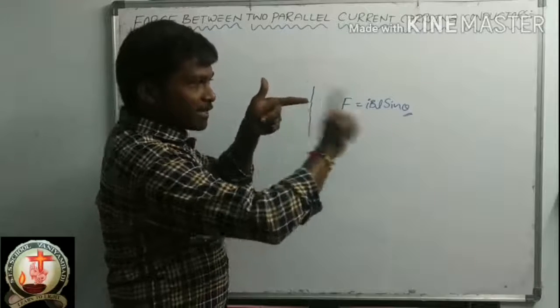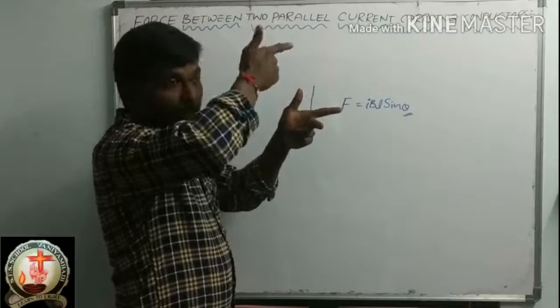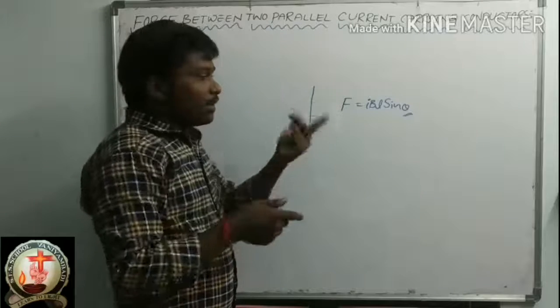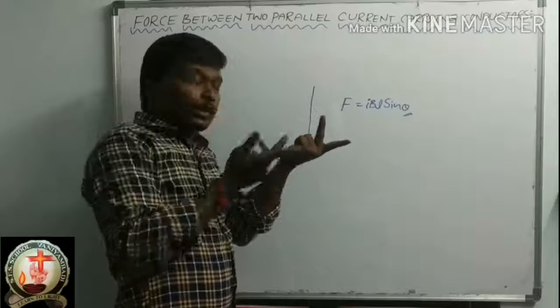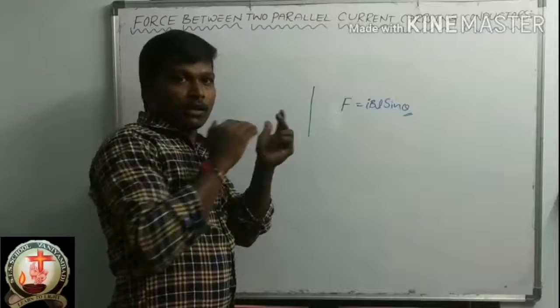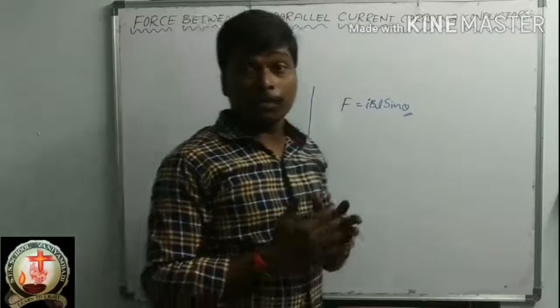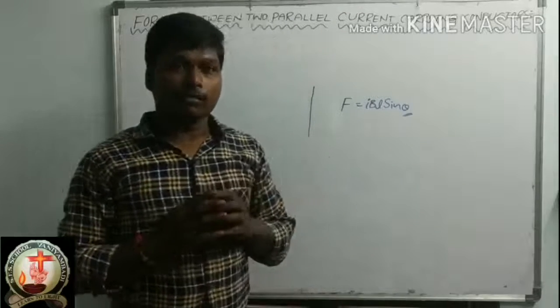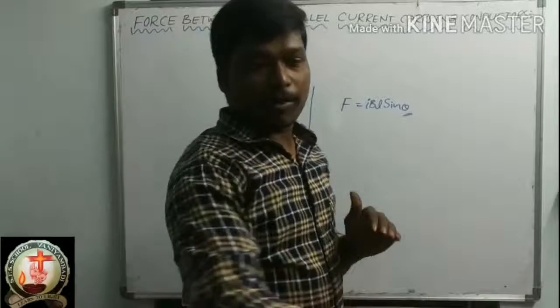Suppose the magnetic field direction is this one and the current direction is this one. What direction will the force be? In this direction, top. Otherwise, if this is the magnetic field direction and the current direction is like this, what is the force direction? This. So by the use of Fleming's left hand rule, we can find the direction of the magnetic force acting on the current carrying conductor. You can remember these two topics.